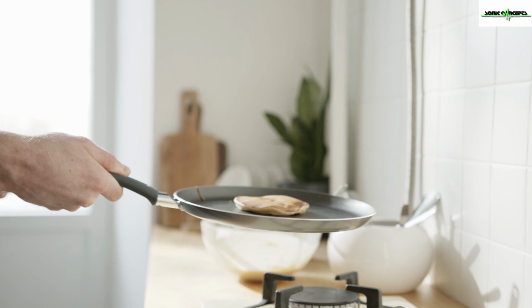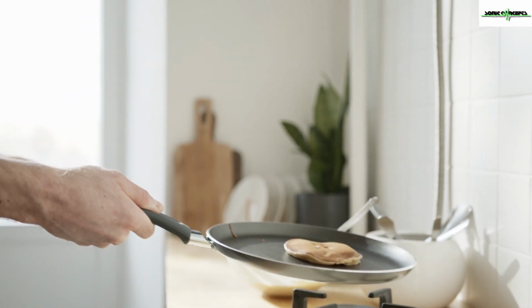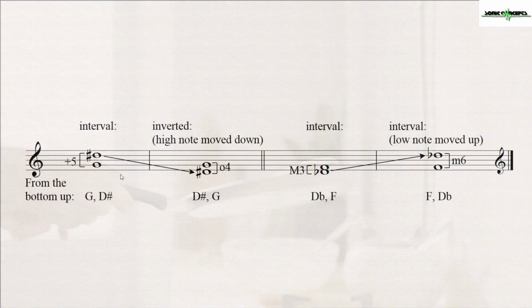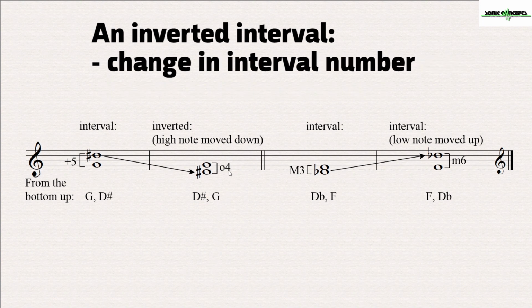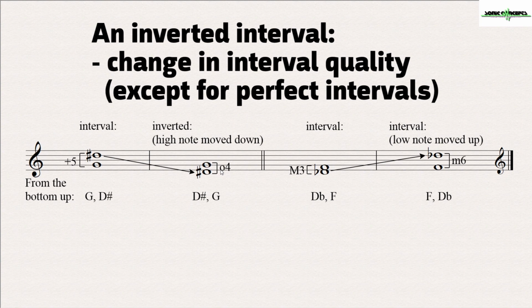To invert something is to rearrange it in the opposite order or flip it upside down. So inverting an interval is the process of moving the higher note in an interval down one octave, or by moving the low note of an interval up one octave. The resulting interval retains the same letter names but in a different order from the bottom note to the top. This resulting interval also has a change in the interval number as well as the interval quality, except for perfect